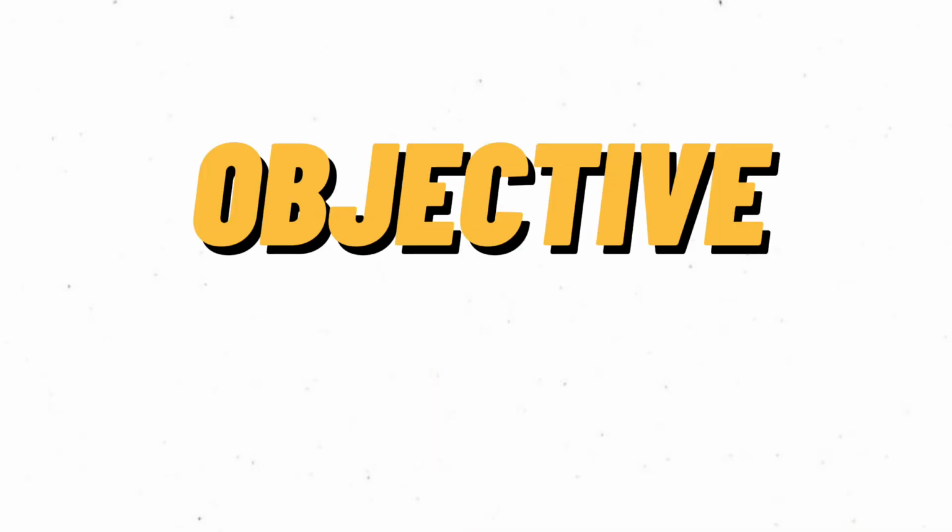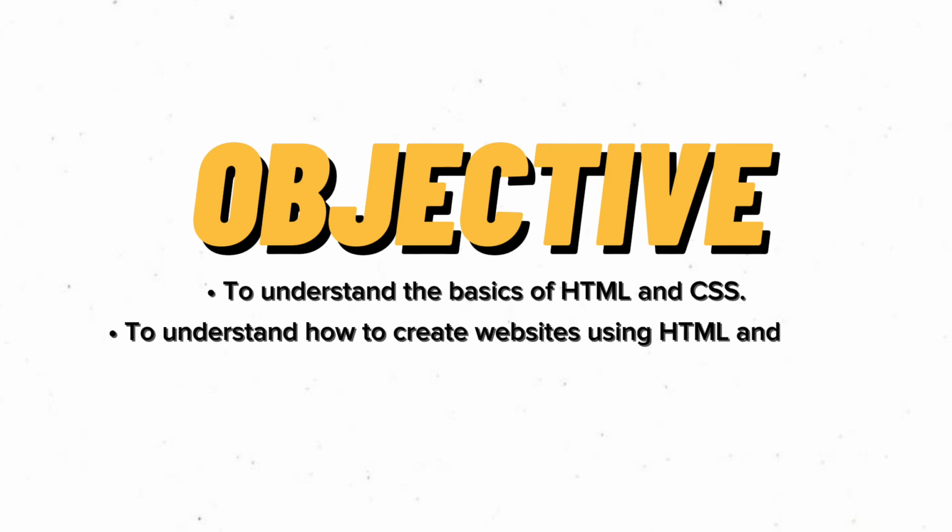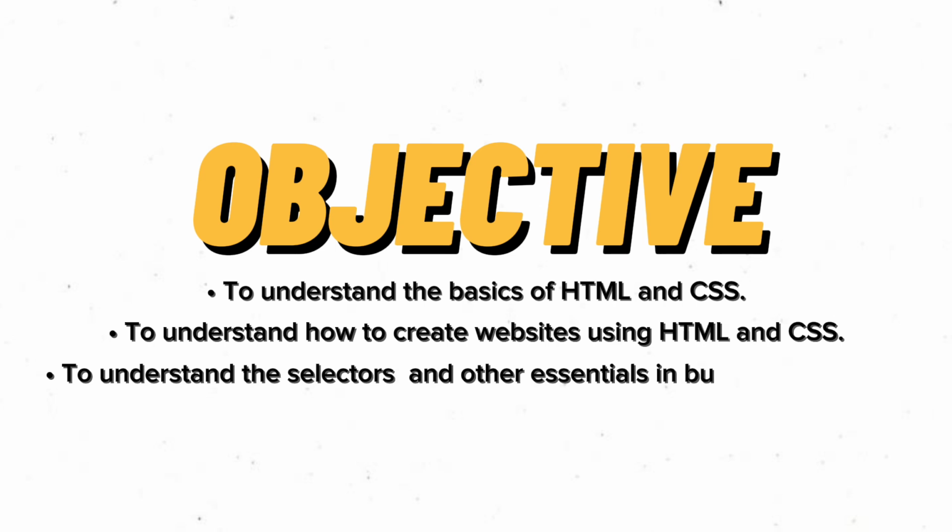What's the objective of this class? It is to make you understand HTML and CSS concepts. It's not just for you to copy and paste code, but for you to understand how to create a simple website using HTML and CSS, to understand the selectors and other things that are essential and help to develop a